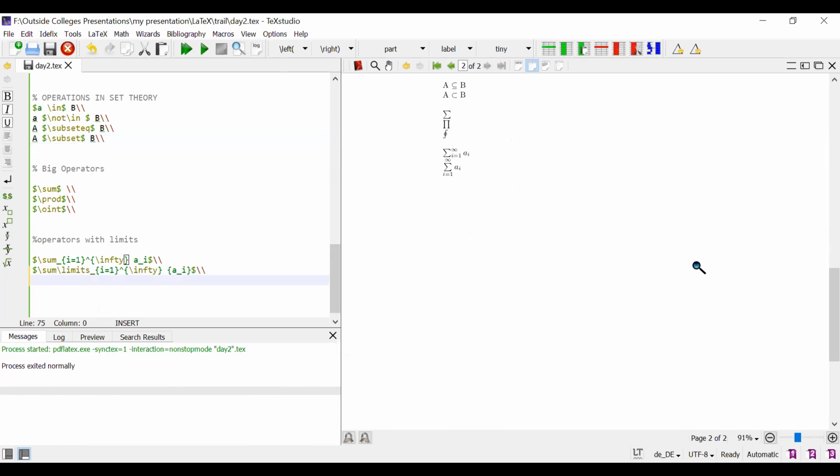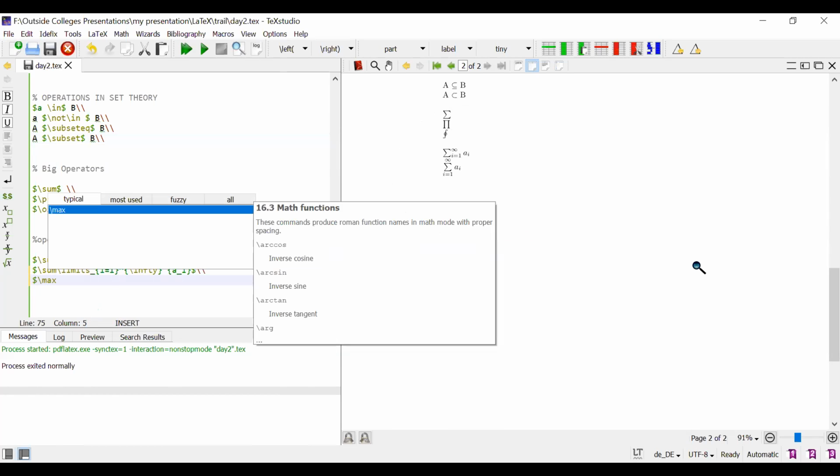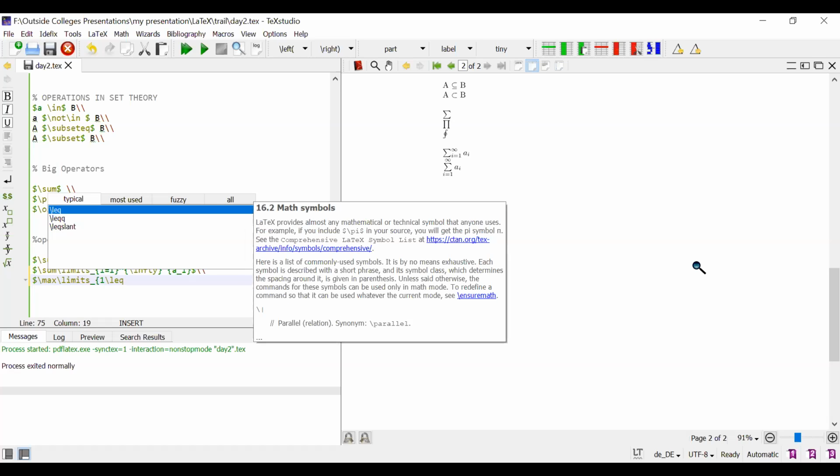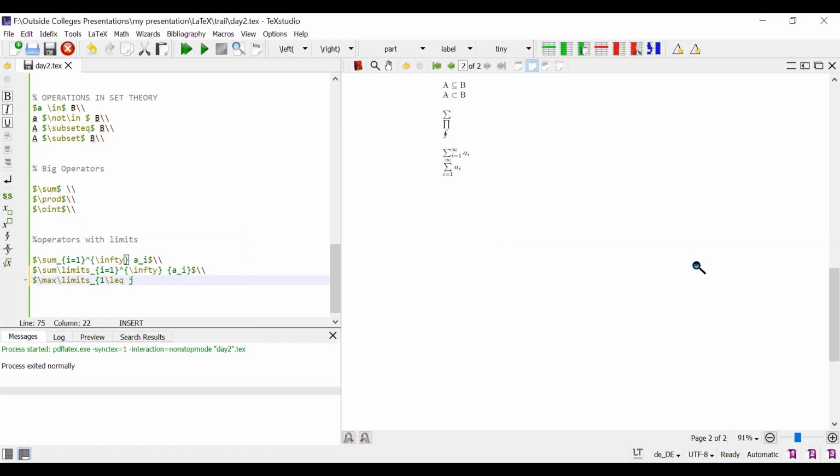Next one is the integral from a to b. Already I told you. Next one is the maximum, as \max\limits underscore 1 less than or equal to j, and j is also less than or equal to m.